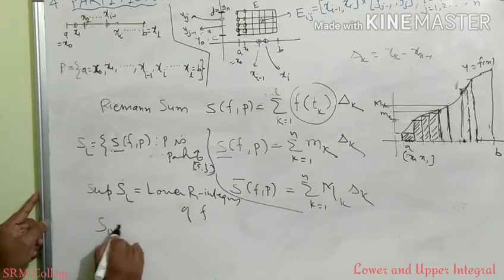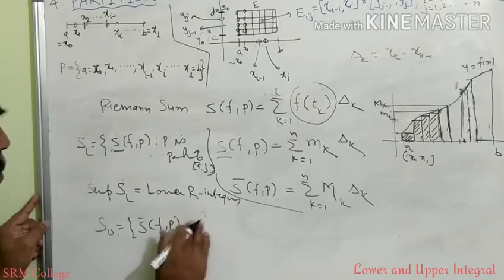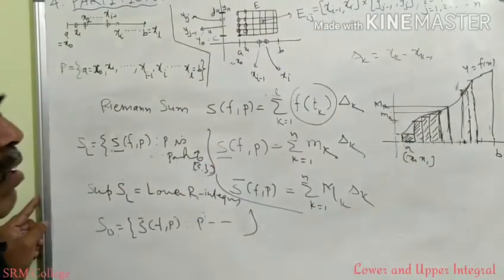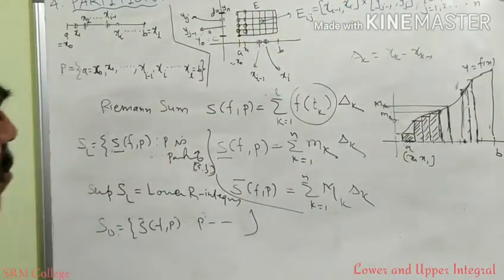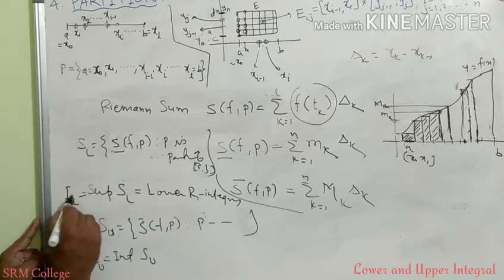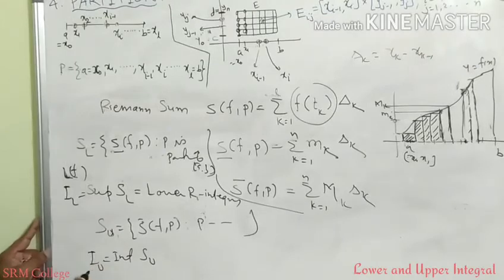Similarly, if you collect all upper sums of function F, where P is a partition, you require the smallest one, because refinement of a partition decreases the upper sum. So the smallest upper sum is the infimum, as we have already studied, and it is called the upper integral. This is called the lower integral. Different notations are there, LF or RL, or RU or UF, the upper integral of F. So the smallest upper sum is called the upper Riemann integral.